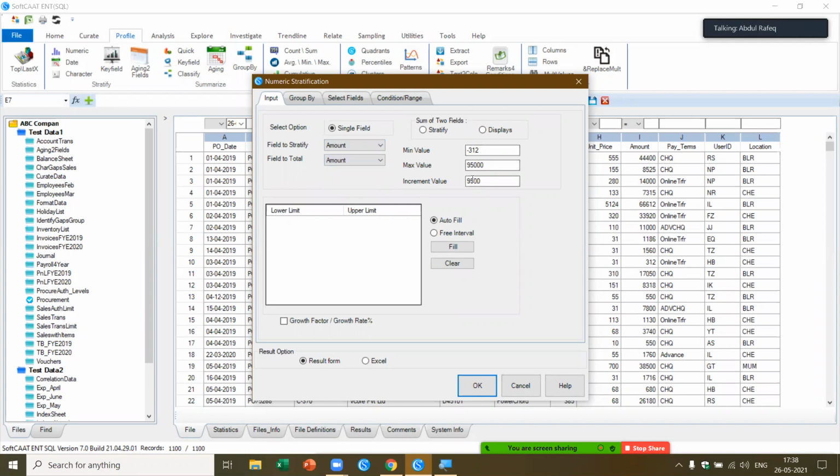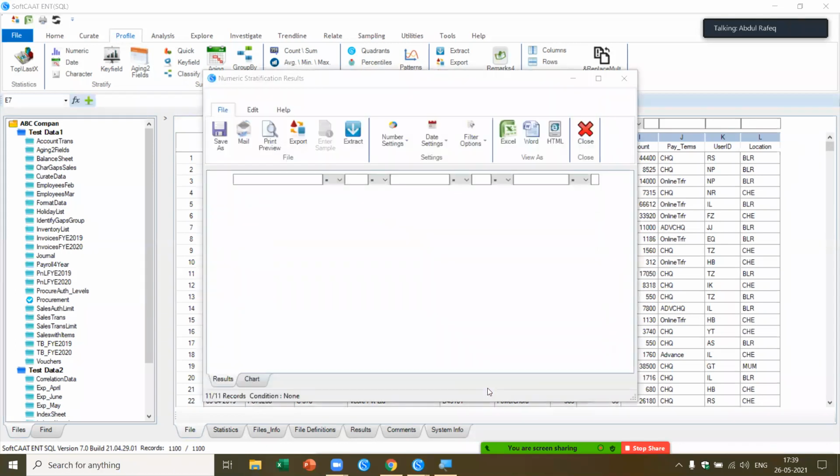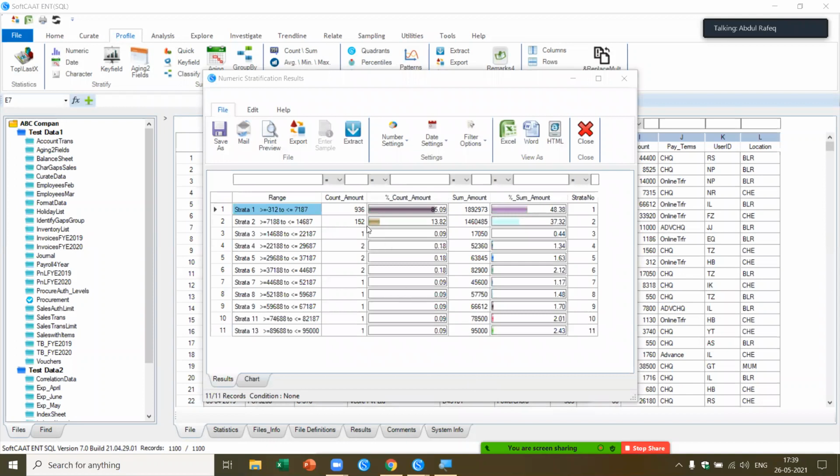Now it has given this particular interval. Let's say I break this at 7,500, and I say fill. Let's see whether it is able to do it. Yeah, it's able to. I say okay. Now this should break this item based on value, between minus 312 to 7,187. Now you see, I'm able to get these particular values.